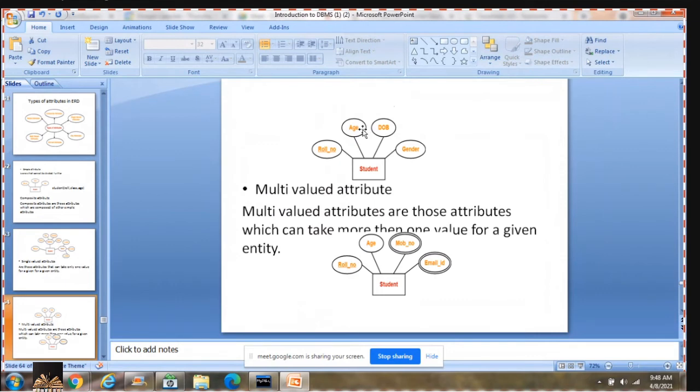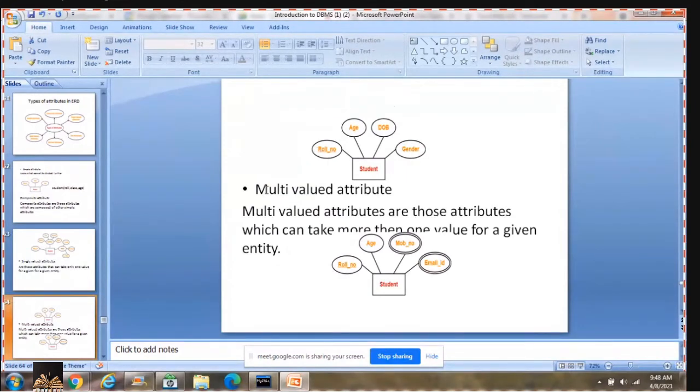No student will have 2 ages or 2 genders. So age is single valued, date of birth is single valued, and gender is single valued. Hence, all the 4 attributes here are single valued attributes, and out of those, roll number is a key attribute.